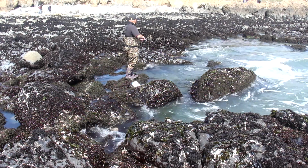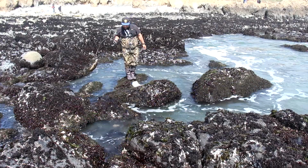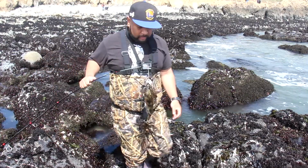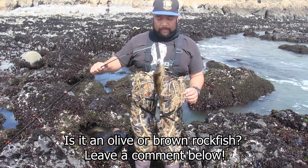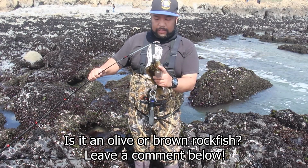Oh yeah! Hell yeah! Got one rockfish today. Alright, take a look at this guy. We've got what I believe is an olive rockfish. And you got to be careful when you handle these because